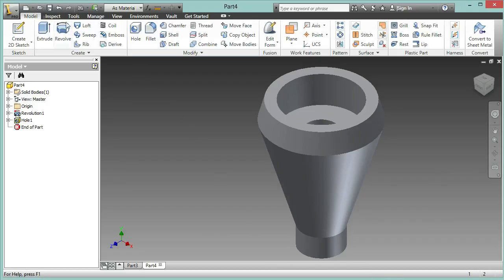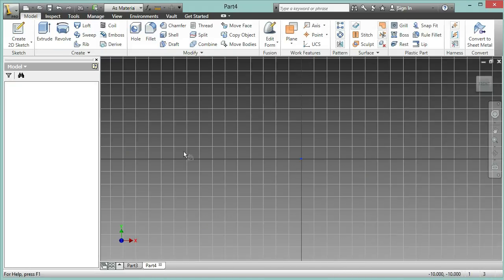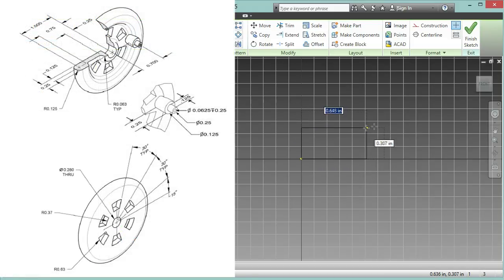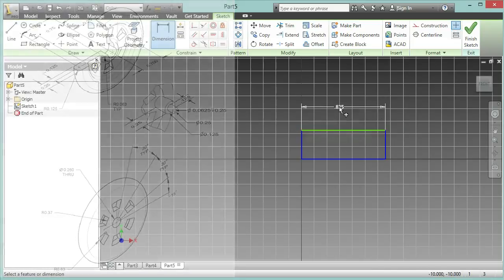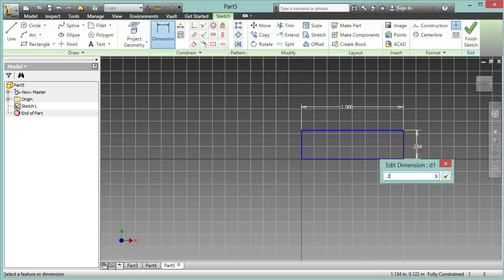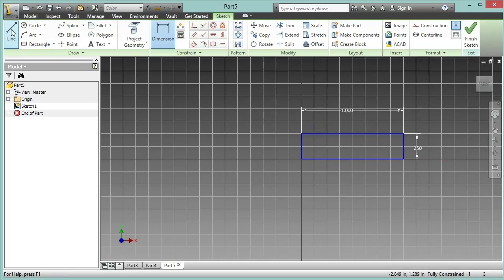So now I have a bit more of a complicated part here. It's a bit more complicated than the stack. This one's a wheel for the same miniature train that I was talking about before. So to start off, you'd make a rectangle, have it dimensioned. Width would be 1 inch, and it would be 0.25 inches tall. So now you'd create an arc and have it 0.125 inch radius,